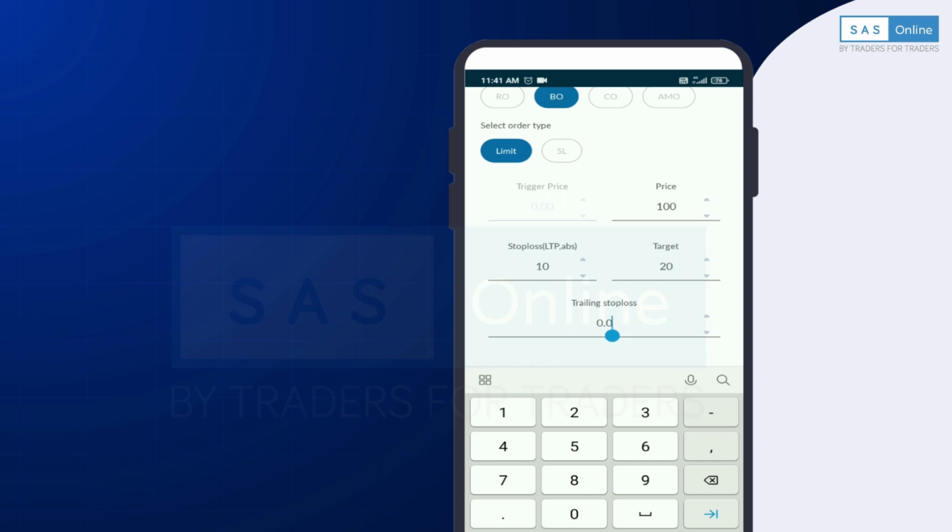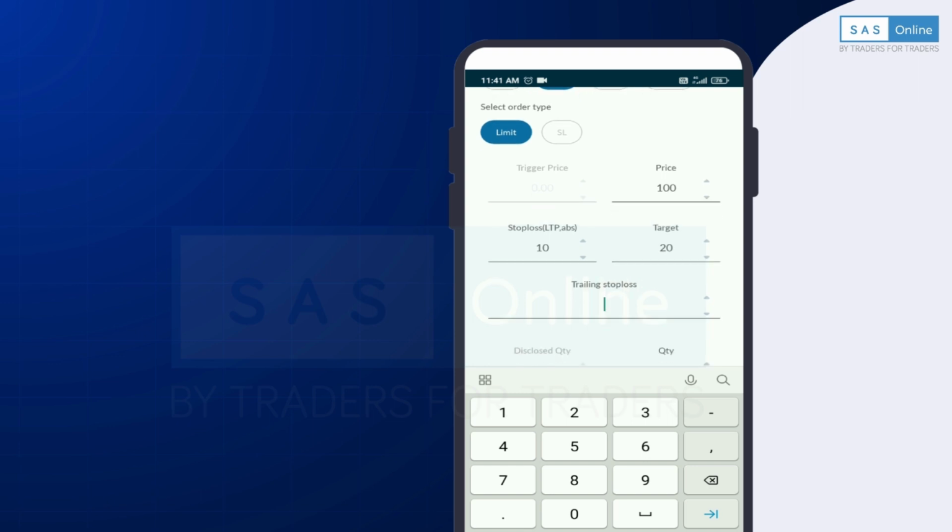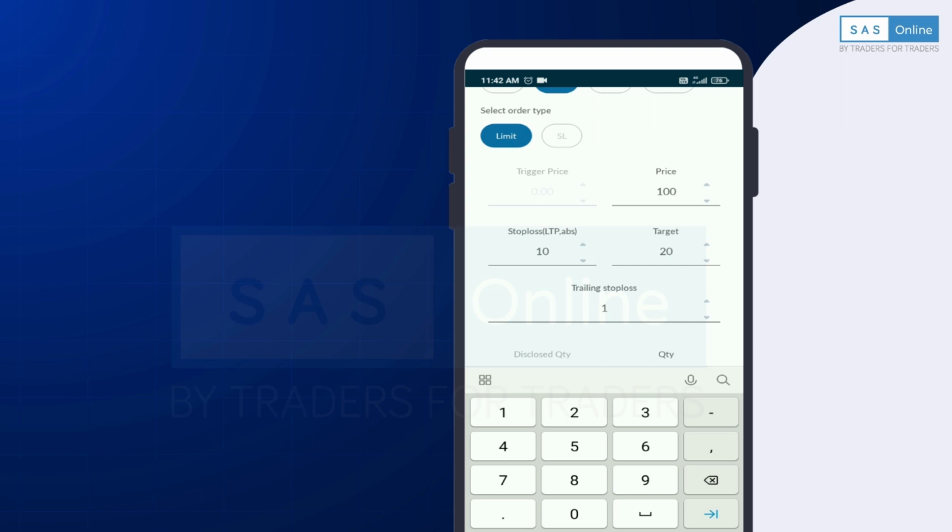Okay, now the next thing is trailing stop loss. Trailing stop loss is totally optional. If you want to use it, you can use it, otherwise you can also skip it. Like if we put the trailing stop loss as 1, when your buying price goes from 100 to 101, okay, then your stop loss will also trail from 90 to 91 automatically.